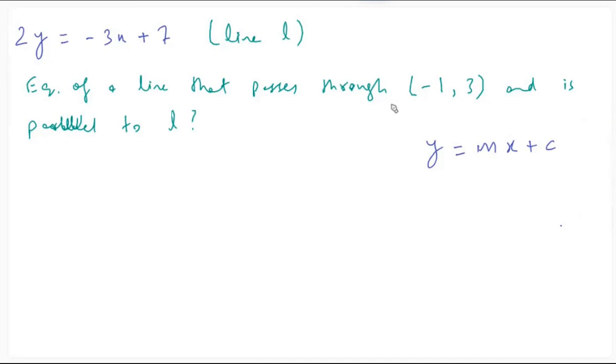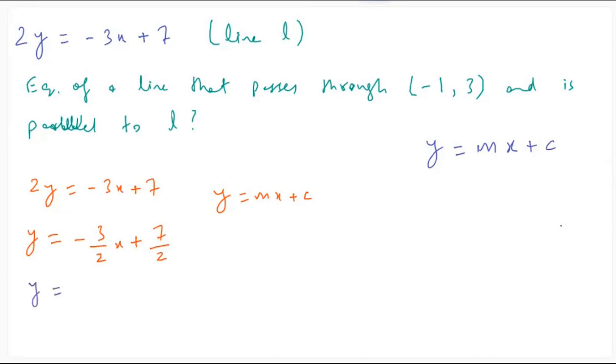वो कैसे करेंगे? उसे करने का ये तरीका होगा। देखिए वो क्या है, 2y equals minus 3x plus 7। ये इक्वेशन है ना उस लाइन की, इसको हम कन्वर्ट करेंगे y equals mx plus c फॉर्म के अंदर। कैसे? y को सब्जेक्ट बना लें। What do you get? We get y equals minus 3 over 2x plus 7 over 2। ठीक है, उस फॉर्म में कन्वर्ट हो गया। Now we compare this with y equals mx plus c। Now let's compare these two। ग्रेडियंट क्या है आपके पास? x के साथ यहाँ पे m है, इधर x के साथ क्या लगा हुआ है? minus 3 over 2।